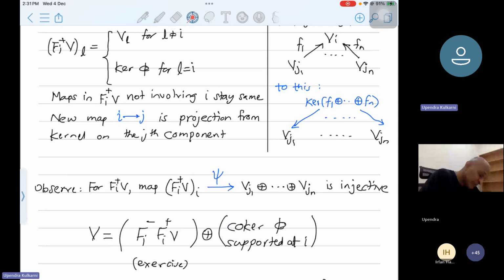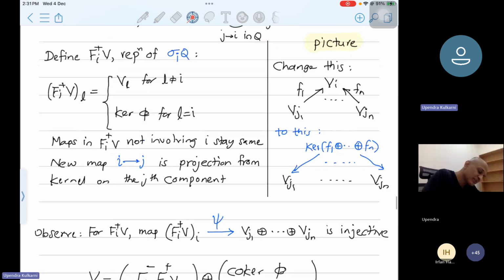The map, this is precisely the map that I have written over here. Now, what is this guy over here? This is really just the kernel of the direct sum of these maps, no? So what were these maps? These were maps from